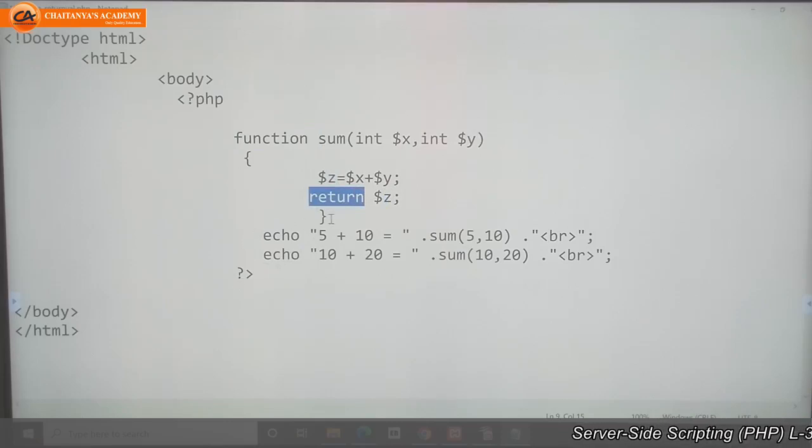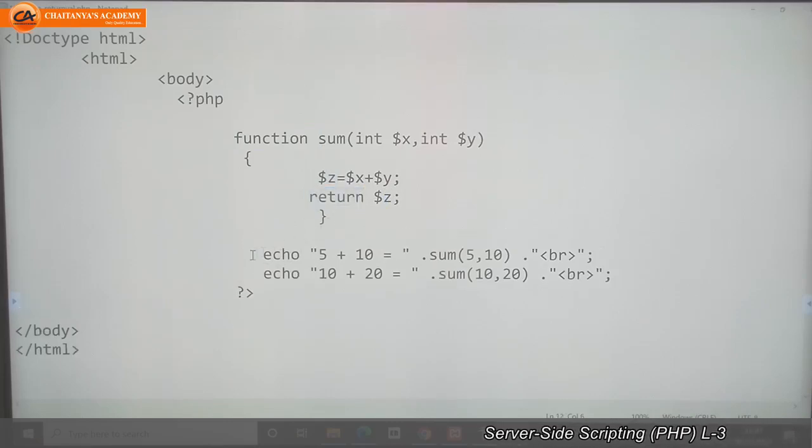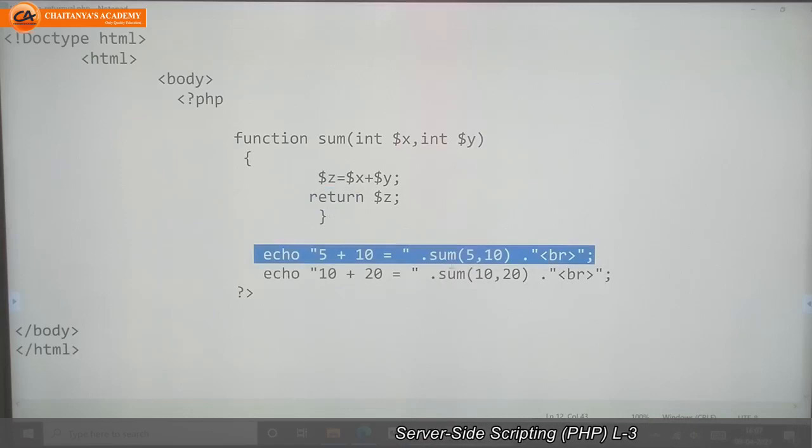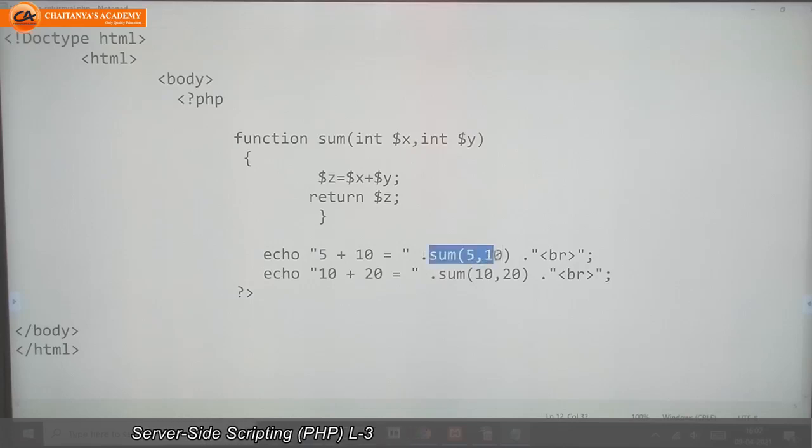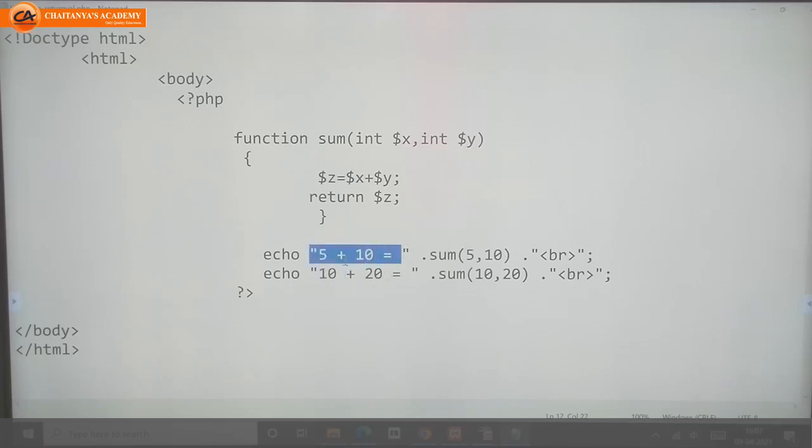Next, here I am going to call the function with arguments. See here, 5 plus 10 equal to sum. As I already wrote here 5 plus 10, I need to pass 5 and 10 as values. If I want to write the addition of 10 and 20, 10 plus 20 equal to, see, this is my message.